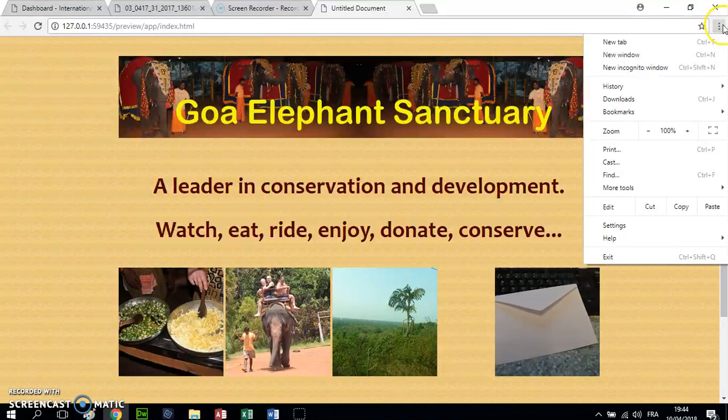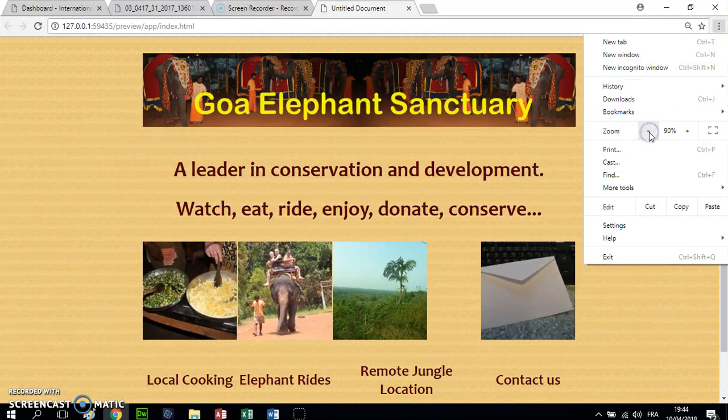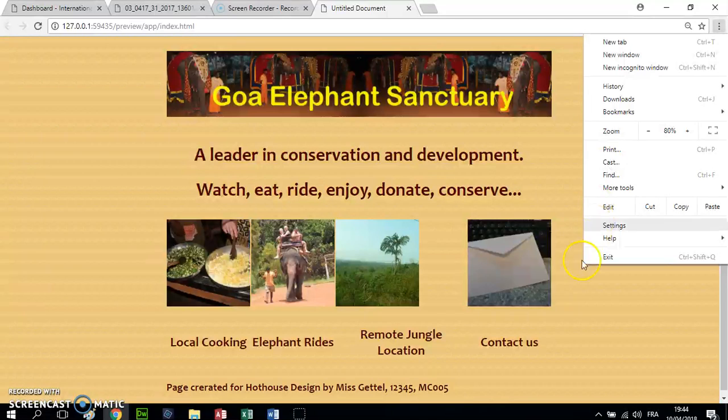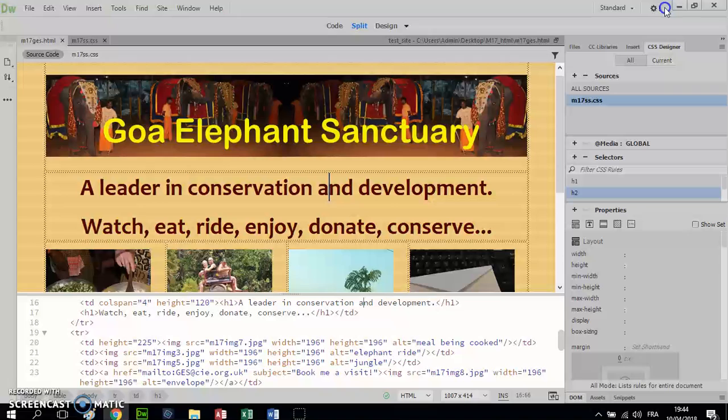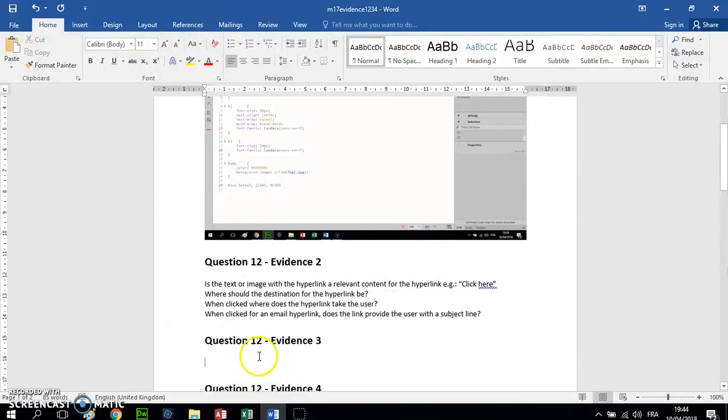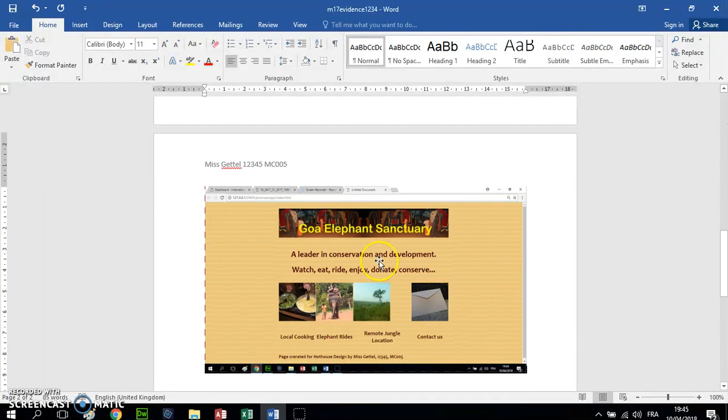I can actually also go to the little 3 lines here and use the zoom button so that I can see the whole page. And here it is, the bar, the text, all the way down to the last cell of my text. Now what I'm going to do now is I'm going to take a print screen of that, function and F11 for print screen, close the bar, and straight into my evidence document. And evidence number 3, I'm going to Control and paste. So there's my working